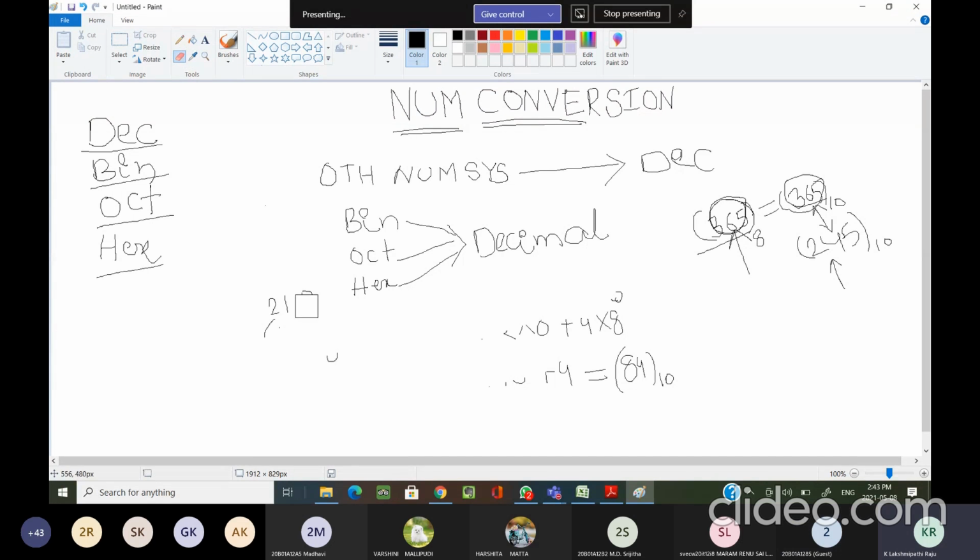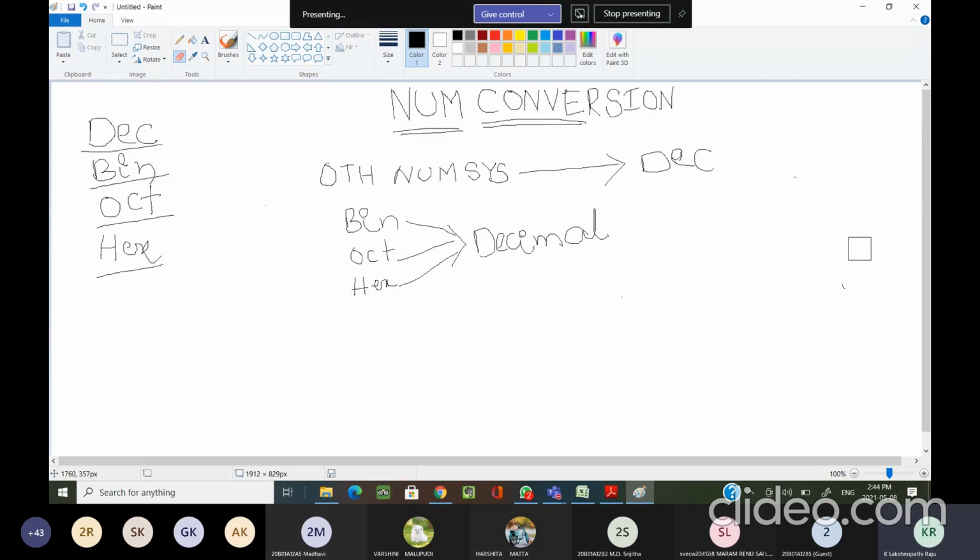Next, hexadecimal to decimal conversion. I'm not doing that last problem; I hope everyone has done it. Now, hexadecimal to decimal. I can take a simple hexadecimal number directly. Otherwise, you can tell me some hexadecimal number as an example. Can someone tell me any hexadecimal number randomly?